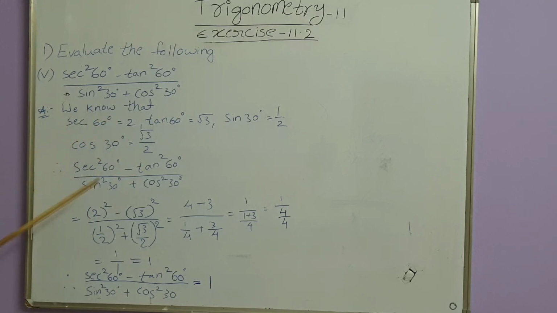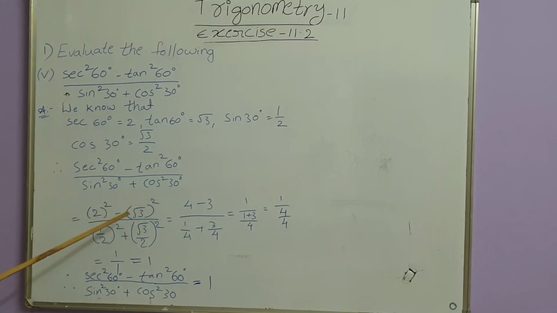Substitute these values in this. Sec 60 degrees is 2 whole square minus tan 60 degrees is root 3 whole square by sin 30 degrees 1 by 2 whole square plus cos 30 degrees root 3 by 2 whole square is equal to 2 to